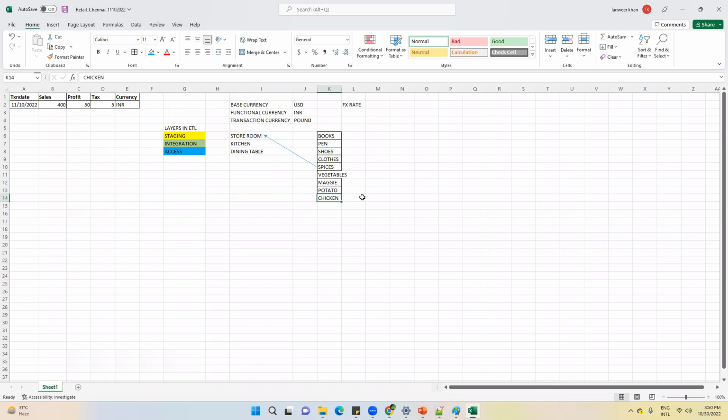But Tanvi, cleaning doesn't happen in staging, right? Leave that. You come to the chicken part, okay? You will clean it or not? Yes, first we'll clean the chicken. You will clean the potato or not? You will peel the rough part and all those things, the waste material. You will do it or not? Tell me.